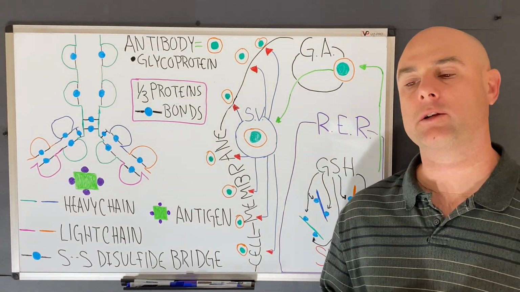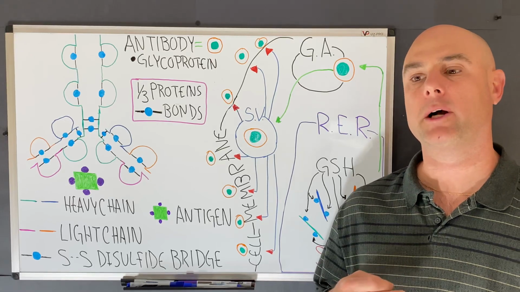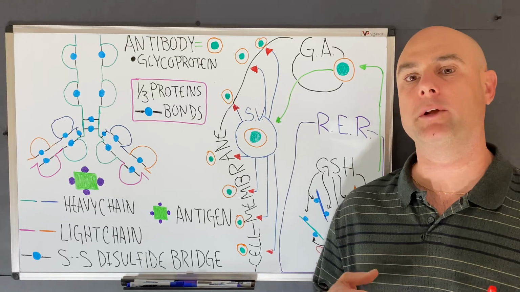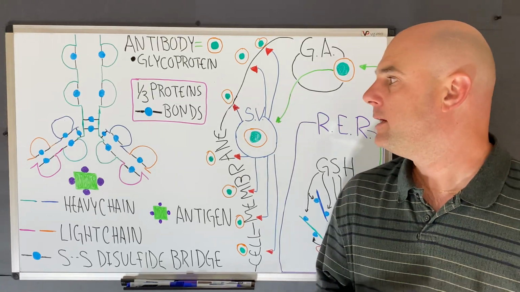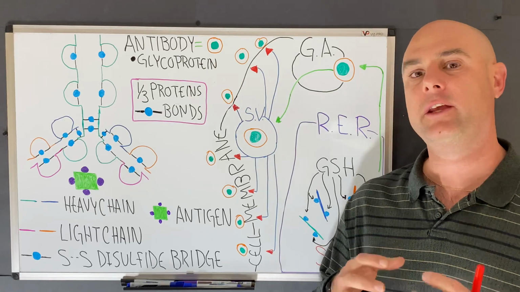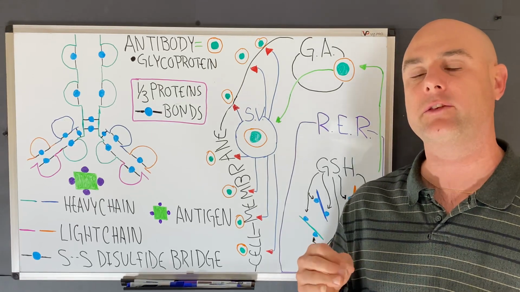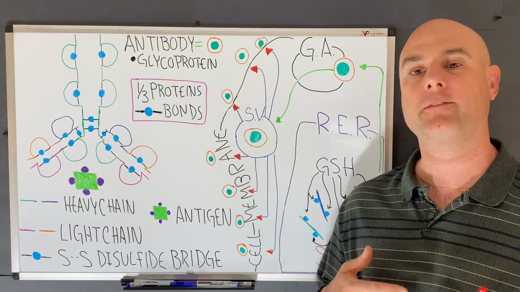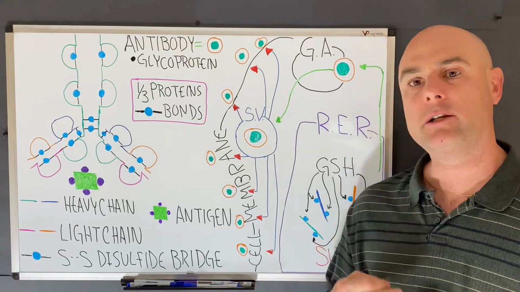One of the functions that glutathione has in our body is to help our proteins form these disulfide bridges. Now, a third of the proteins that we produce have these disulfide bridges, and again, it's these disulfide bridges that help the protein fold and function properly. Now, to illustrate this